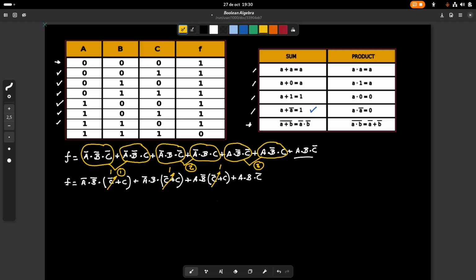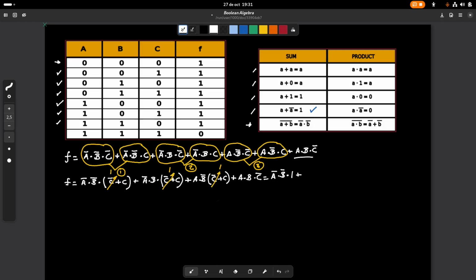And here we have A negated and B negated and 1. Okay, we will have the following: A negated and B negated and 1,